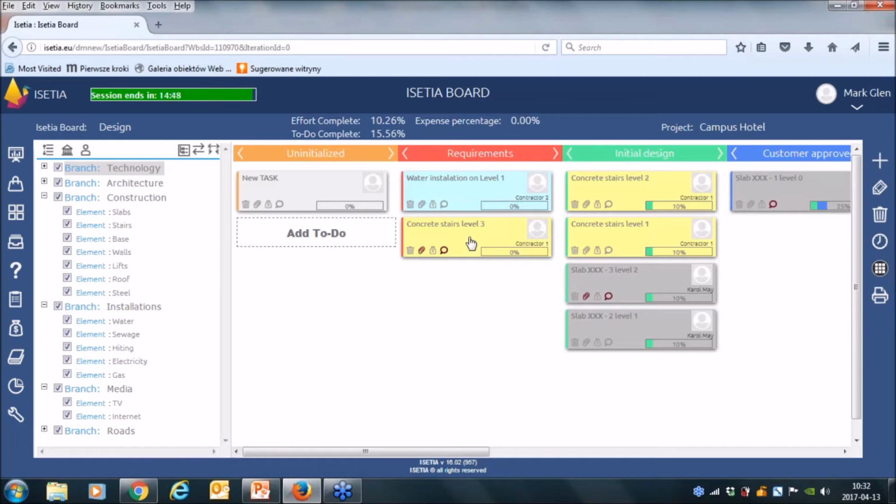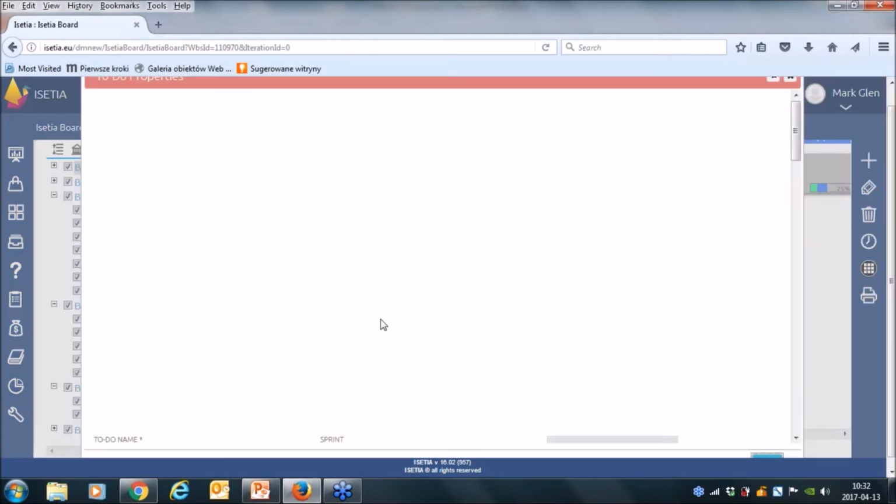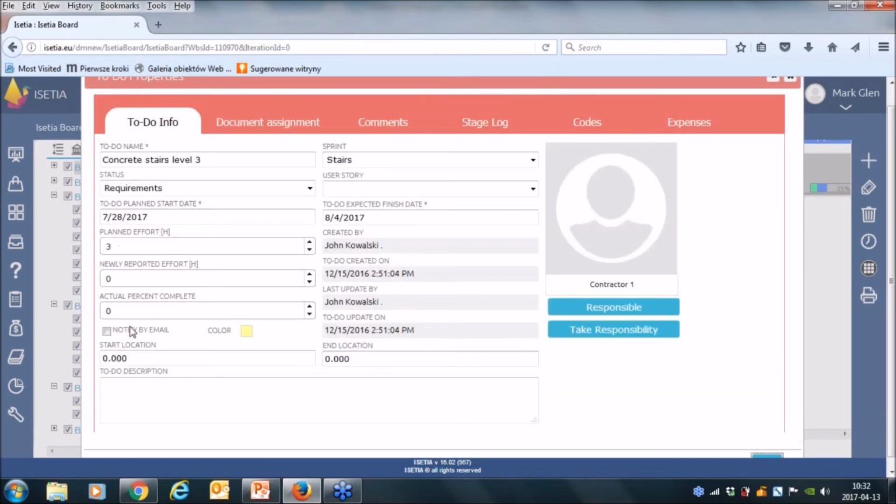When I open one of such boxes, such a task, I can see some attributes, some information inside. So the name, planned effort, you can also have reported effort, and you can establish an expected finish date for such a task.